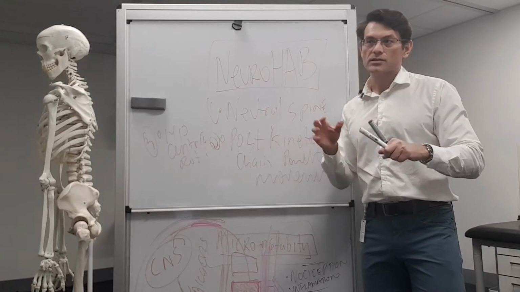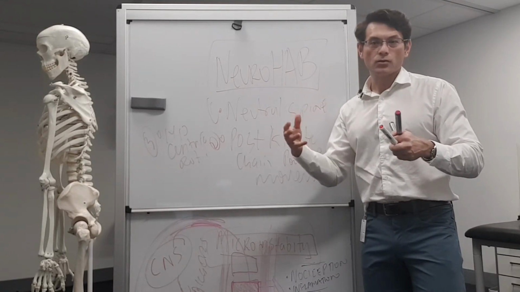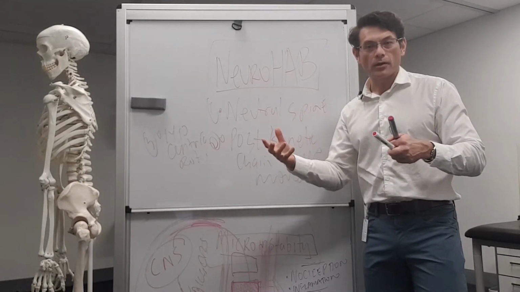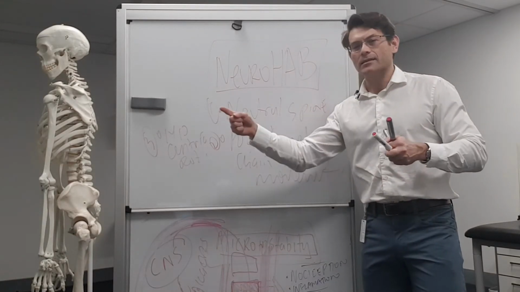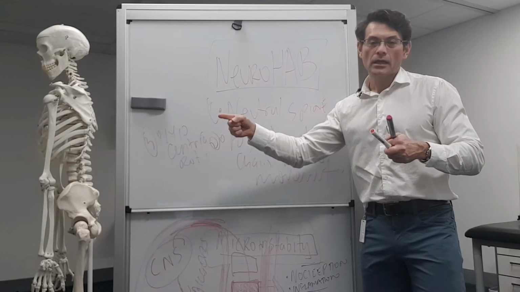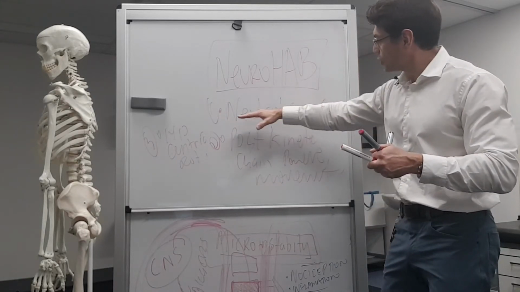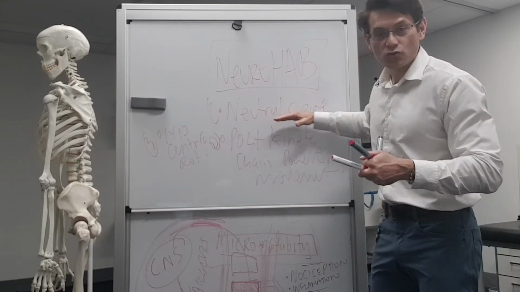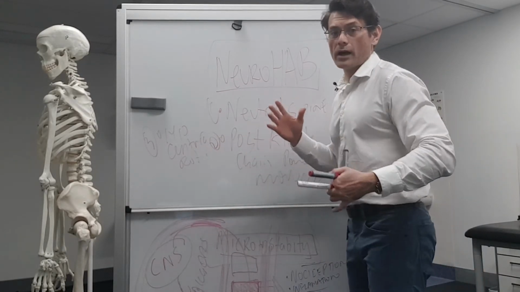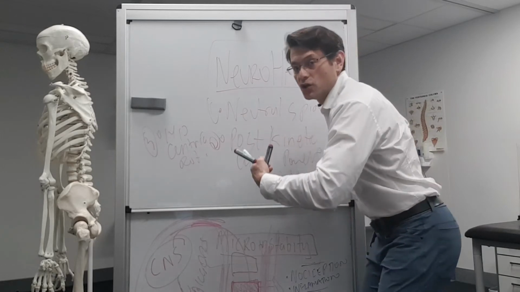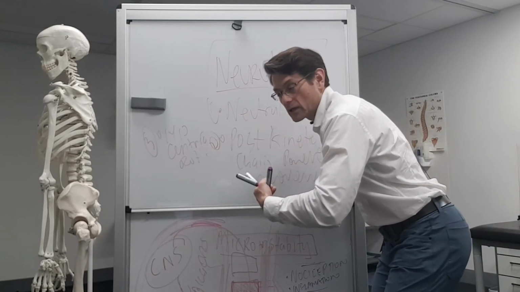The message is move your spine in a coordinated way to prevent micro-instability and structural injury. But we only can get to that ability when we focus first on these three things, which is neutral spine, posterior chain and hip-centric rotation,